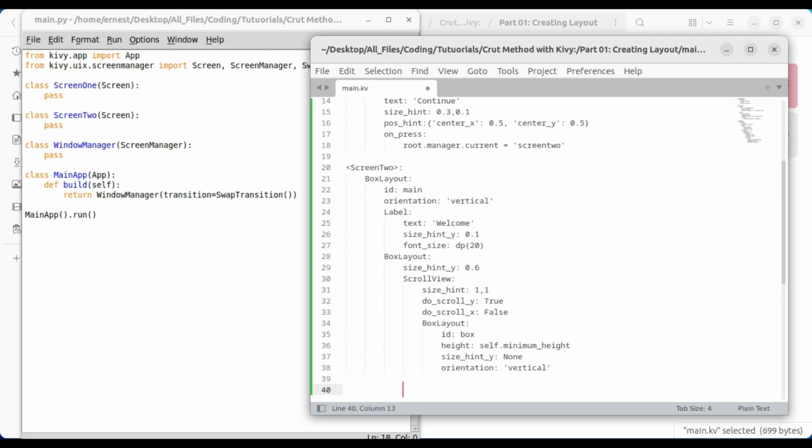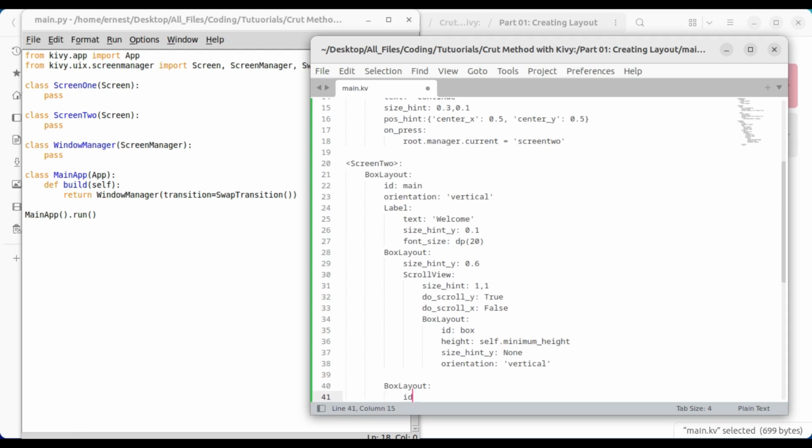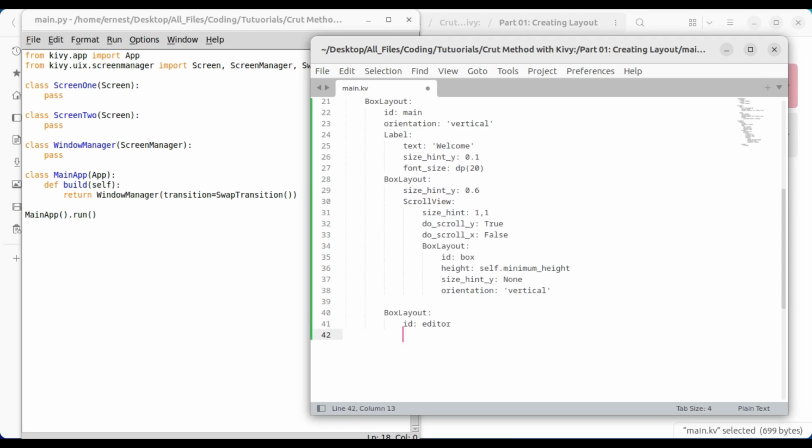Okay, so now we want to put our box layout again. Okay, let's also give it an ID. Let's call it the editor. All right, so we're going to call it the editor in this case. All right, so orientation vertical. Okay, size hint, let's give it a size hint Y instead, Y of 0.3,